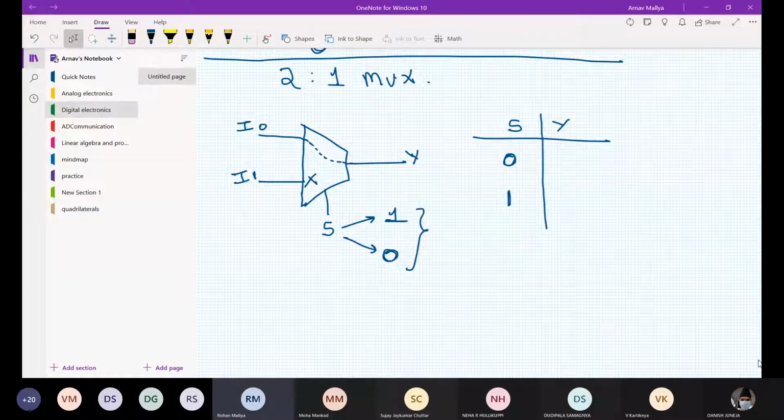So when S is 0, I0 becomes my output Y. And when the value of S is 1, I get I1 as my output.